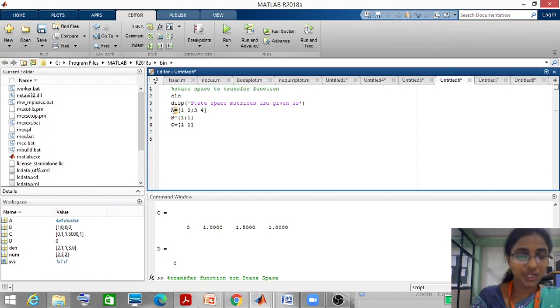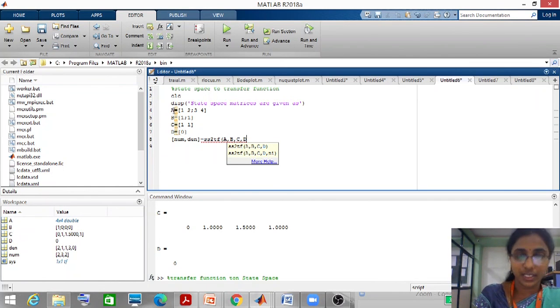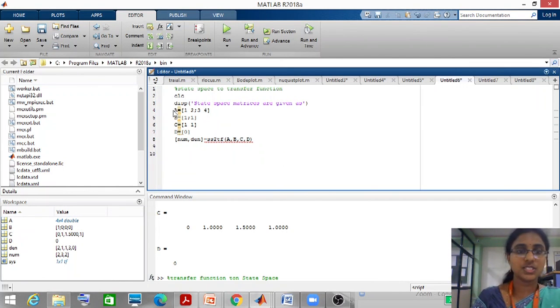Here also we can give whatever inputs we require, depending upon the question. Next we use the direct formula: numerator comma denominator equals ss2tf from A comma B comma C comma D. This is our function now.